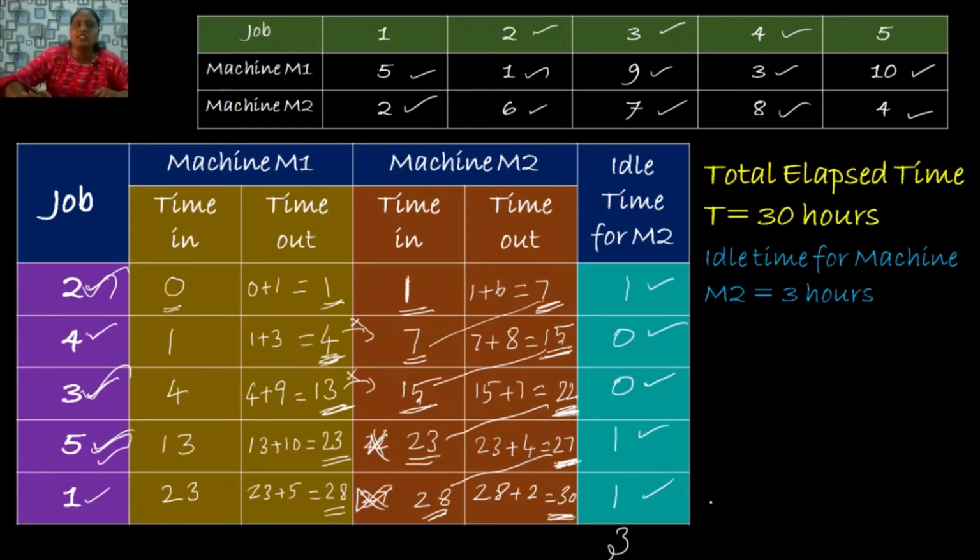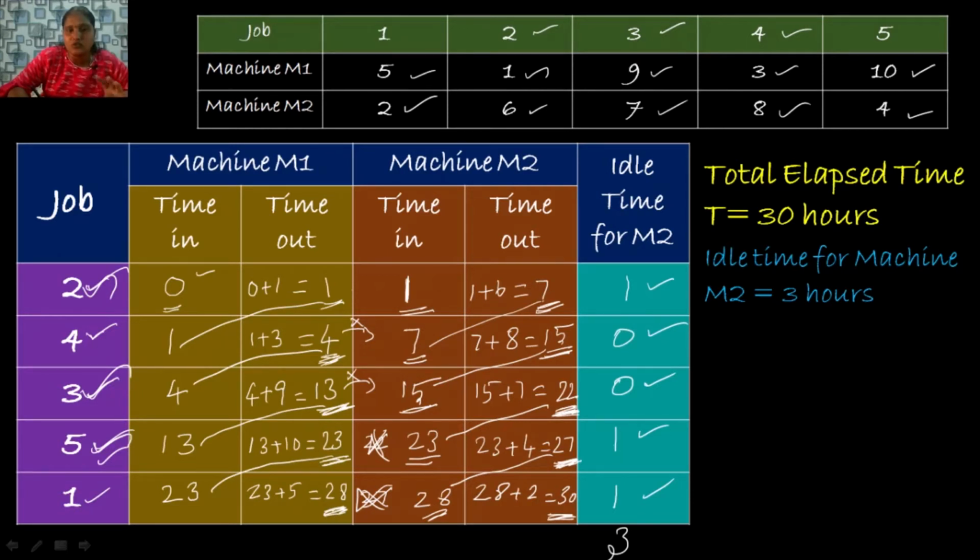Next we would like to know the idle time for machine M1. It starts at initial time 0. After completing the processing time on job 2, immediately it gets the next job. Next, after processing this job at 4 hours, immediately it gets the next job. Next, after completing the processing time at 13 hours, it has the next job to process. And after completing the processing time at 23, it has the next job to process. So look here, it completes all the jobs at 28 hours, but at 28 hours it couldn't stop